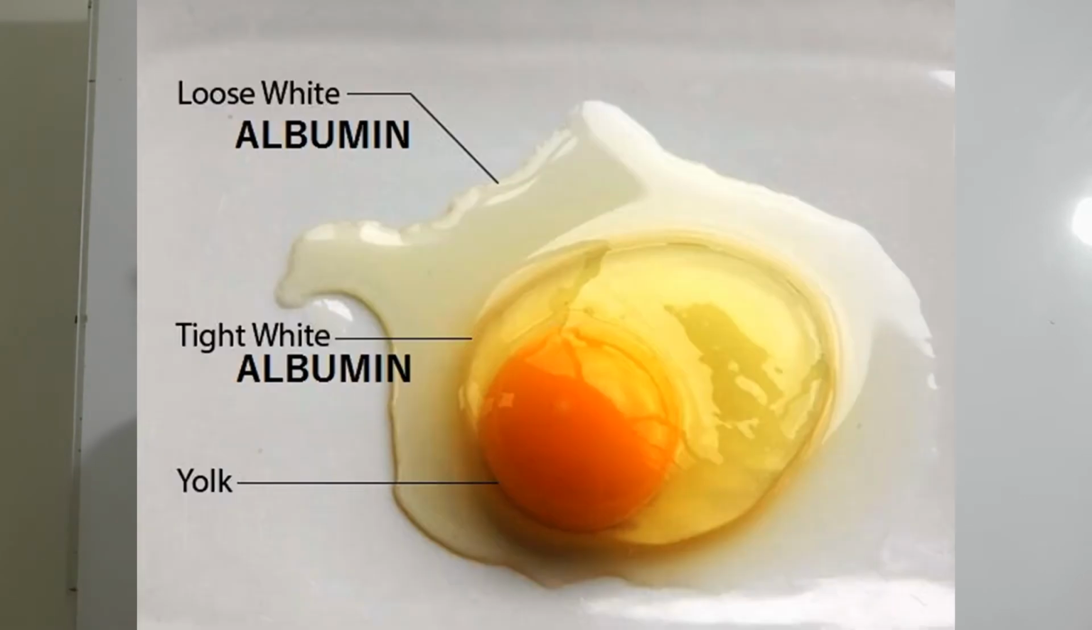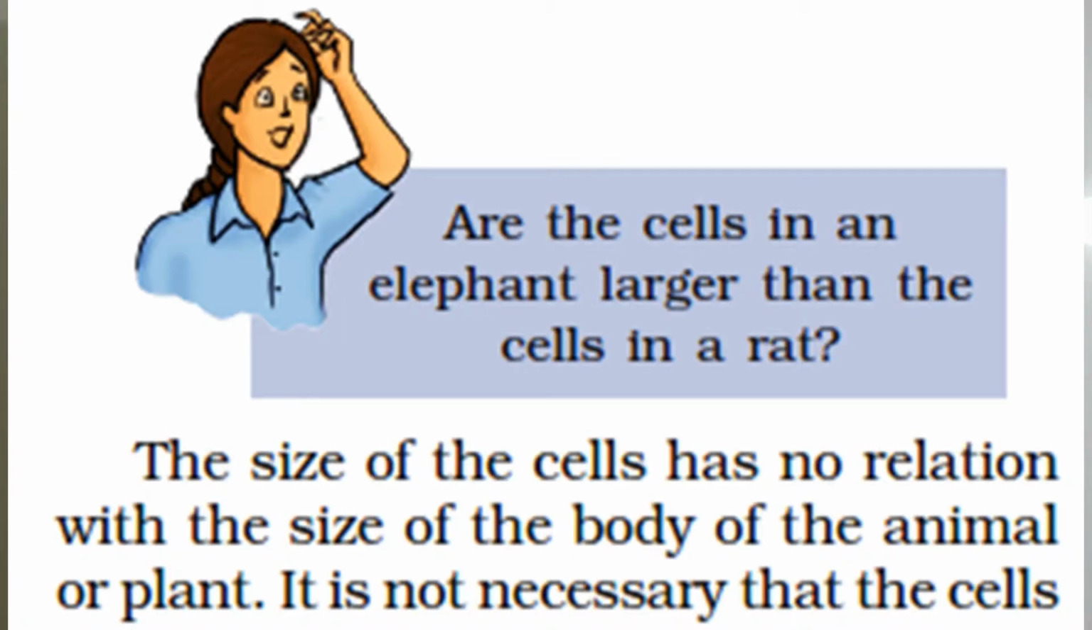Friends, hen's egg. We have already seen this hen's egg. Here the solid white outer covering is made up of calcium carbonate and it is the cell wall of this single cell. The inner white part is made up of albumin and the yellow part is the yolk, which is a part of a cell. The size of the cell has no relation with the size of the body of the animal